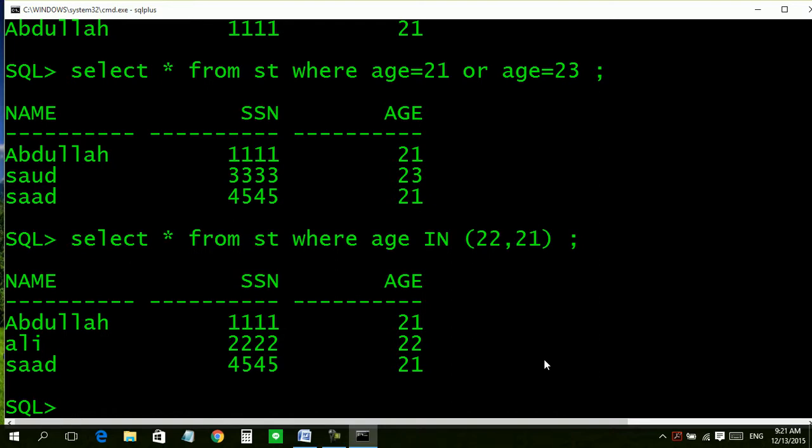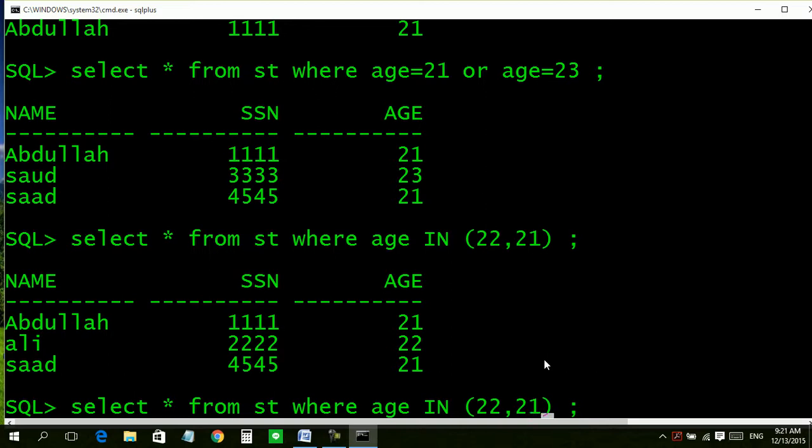Look, it has selected the records from the table whose age was either 22 or 21.